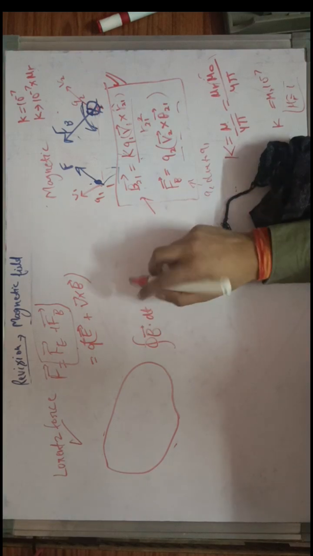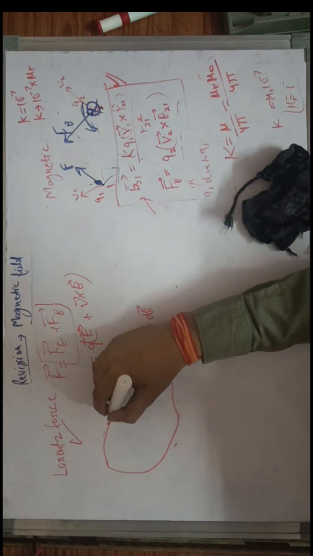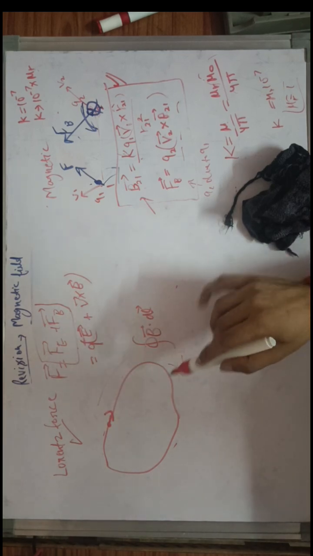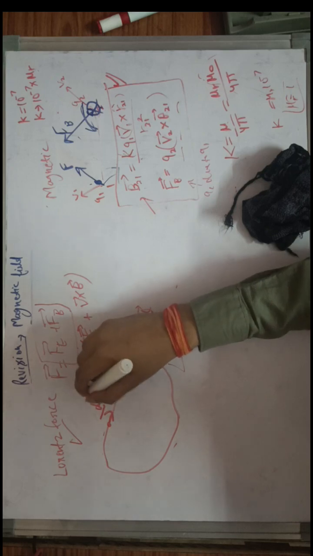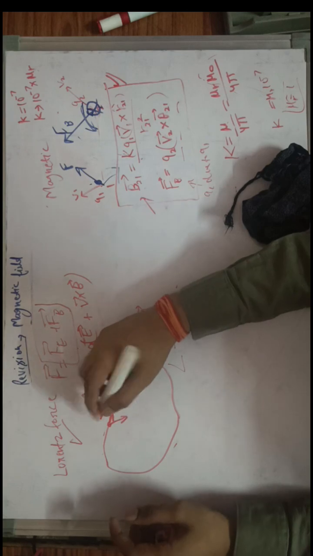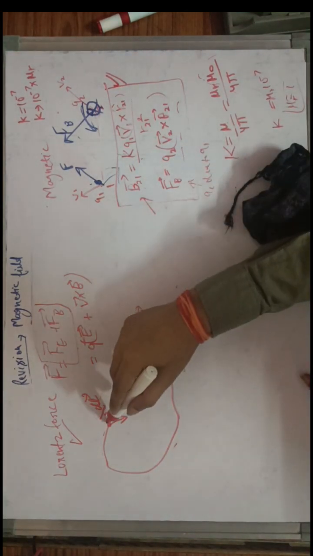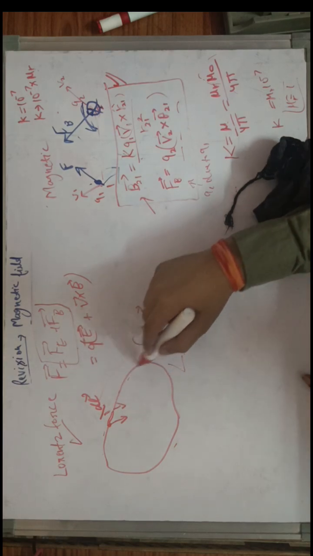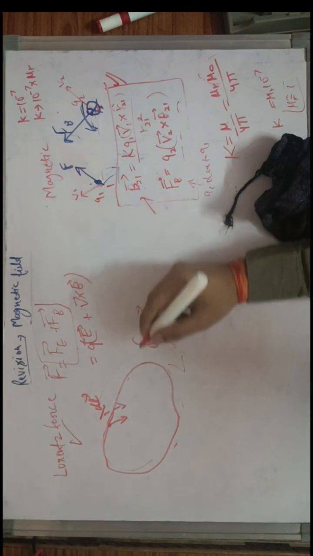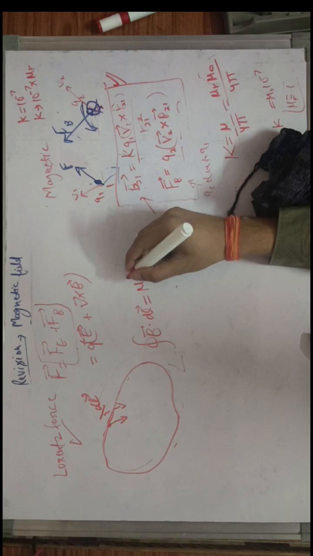I am taking the integral of B dot dl. Let's say B at any point is in this direction, and I am taking the dl vector in this clockwise manner. So the dl vector is pointing in this direction, and the magnetic field is pointing in this direction. Then I have to take the dot product of this B dot dl and integrate it all over this line segment, and this whole integral will be equal to mu times I active,